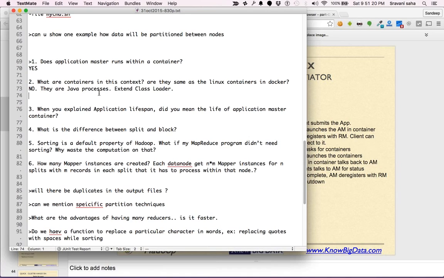If you are from a Java background, you would know something called Tomcat. Tomcat runs many web applications written in Java, and these web applications do not interfere with each other. In a similar way, these are Java processes or Java containers. And container is a generic term. It's like saying a box.